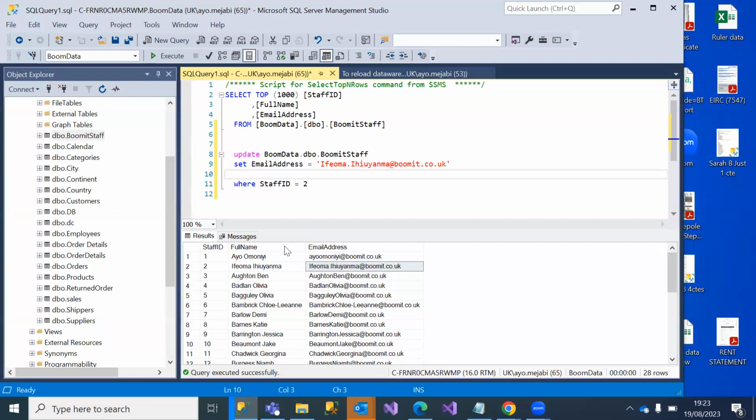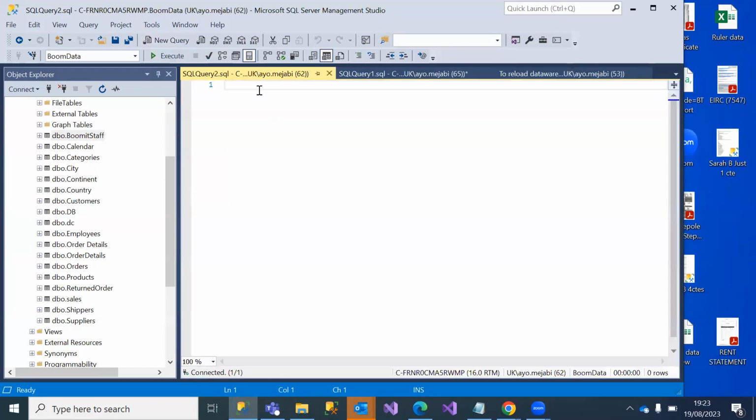What's a CTE? Like I said, a CTE is just to hold a temporary set of results so I can use it later. Now, I'm just going to write a query. Ayo, give me that query that you've written and send it to the group chat. Or let me just find the query.